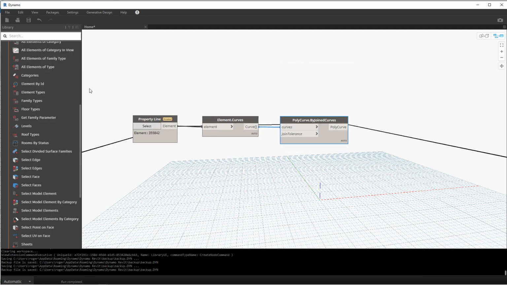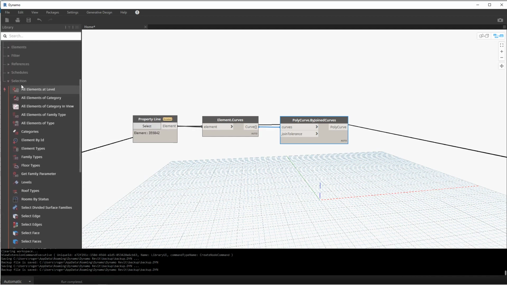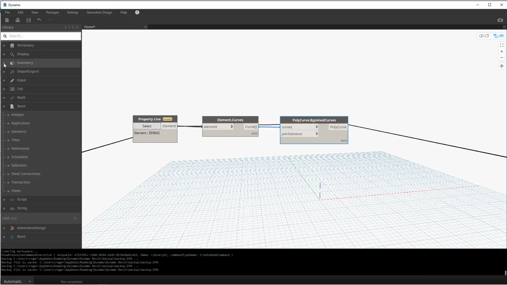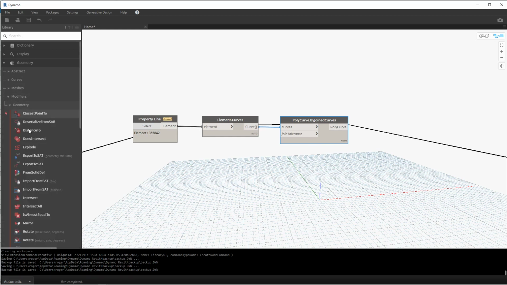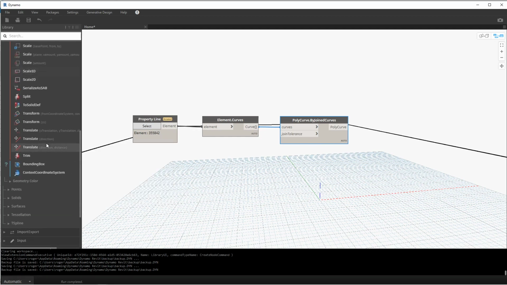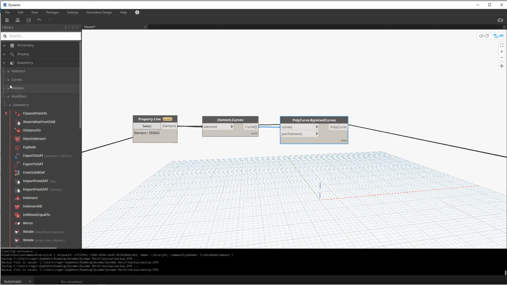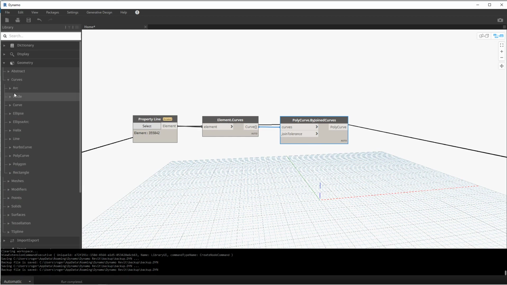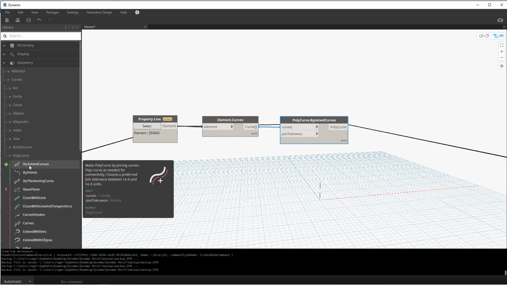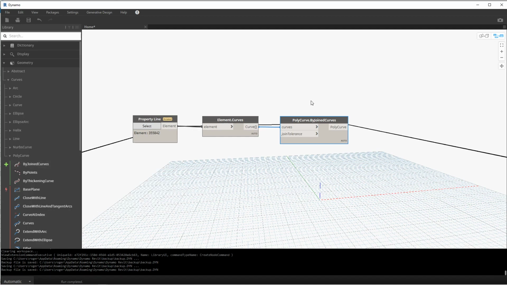One of the ways to help yourself out is to not use these shortcuts anymore. There's geometry, and modifiers to geometry, and you can go in and individually search for the certain kinds of nodes. For instance, we're working with curves, and there should be modifiers for this: polycurve, and the first one is by join curves. Keep in mind I'm doing shortcuts to make it a little more speedy at the first part of this evaluation